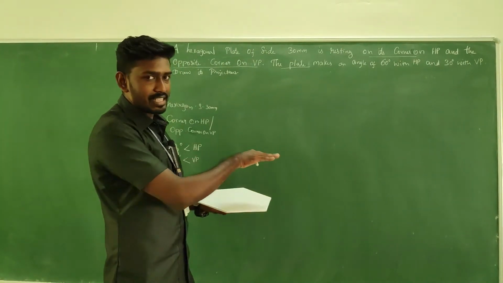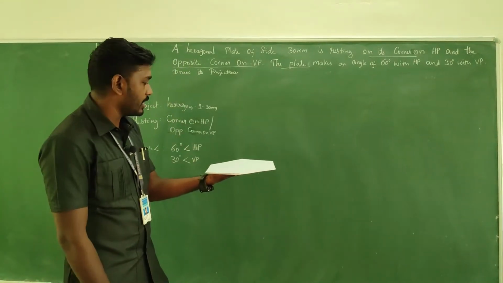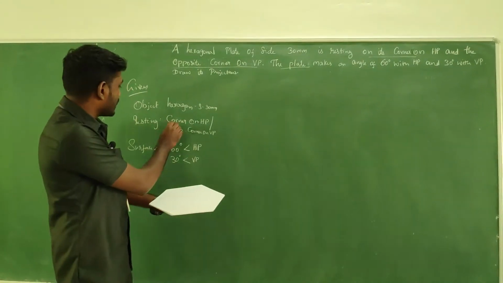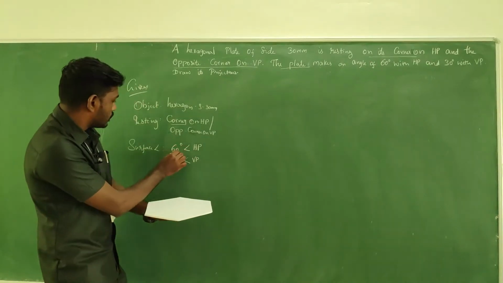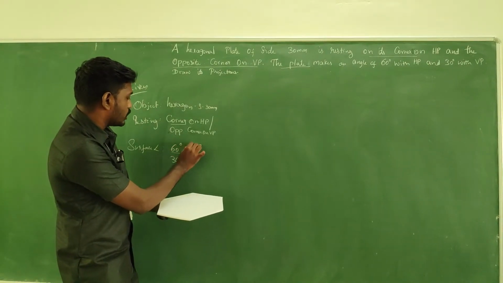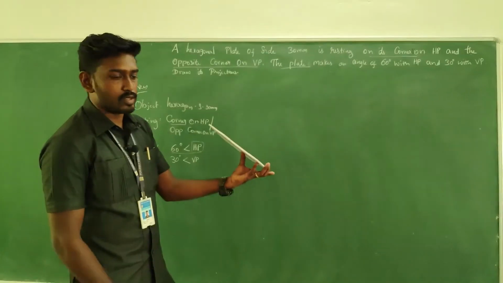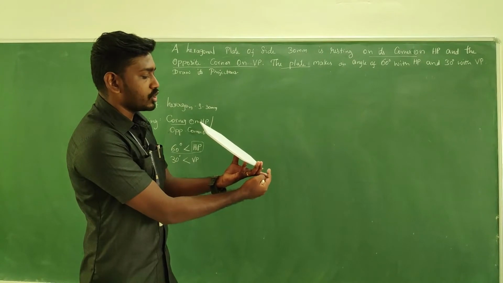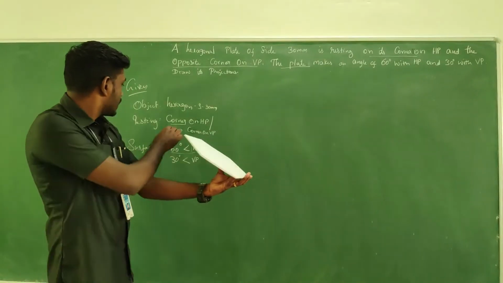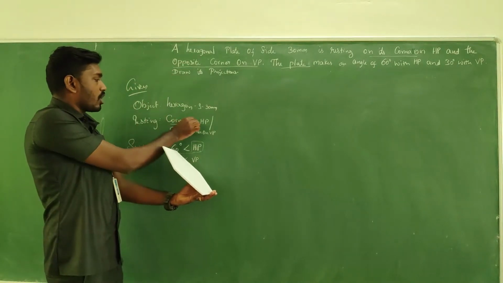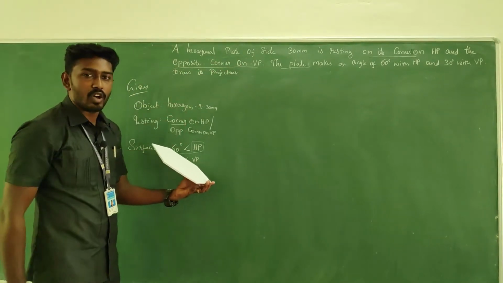As far as the position is concerned, how do we have to place it? If you assume this hand is a horizontal plane, and this board is a vertical plane, how do we need to keep the object? It is resting with a corner. So one of the corners I am going to take here, and the surface is inclined to HP, so I am going to incline my object like this. When you are inclining, one of the corners should rest on HP. So this is the condition. And next, it is given one of the corners is on HP and the opposite corner on VP.